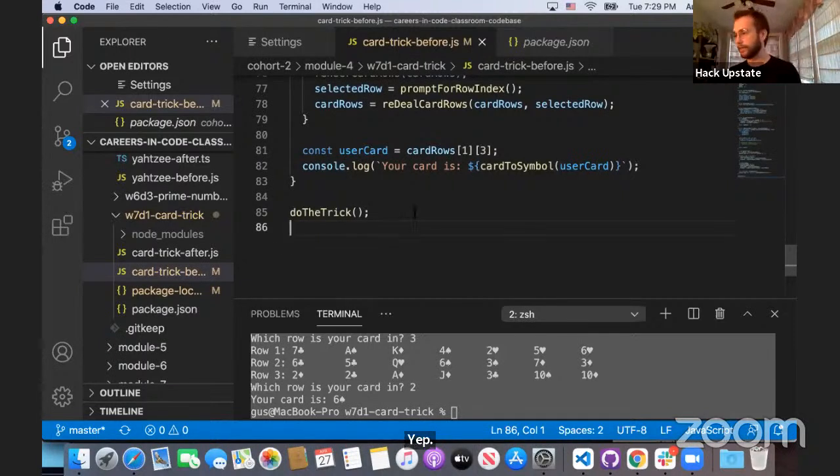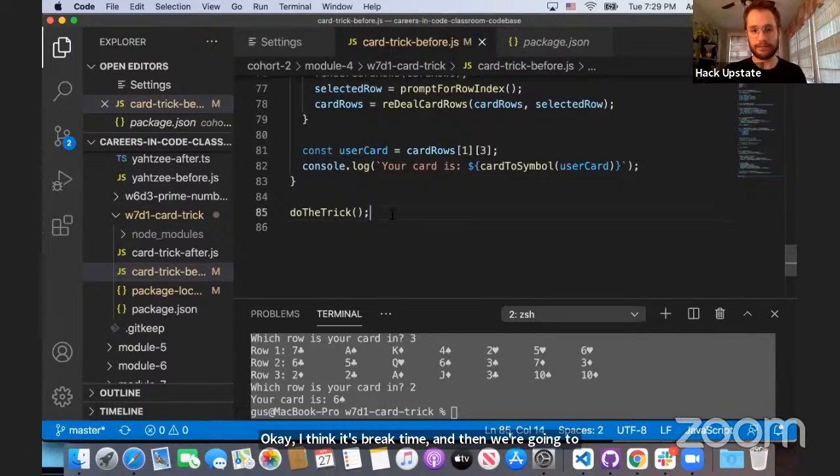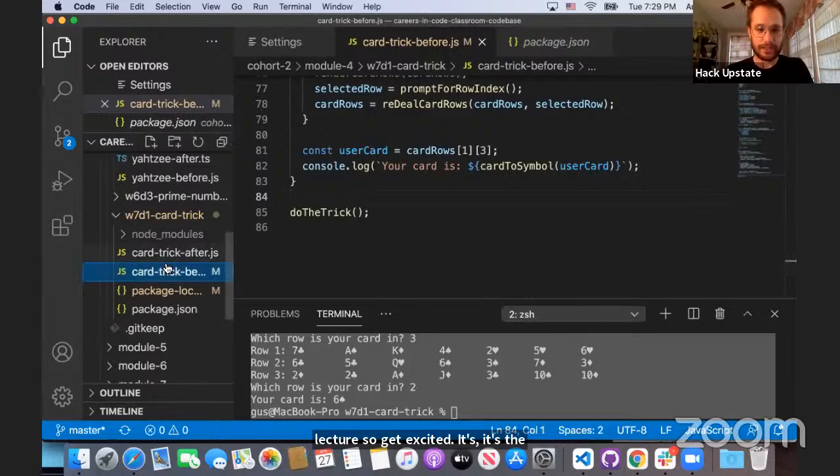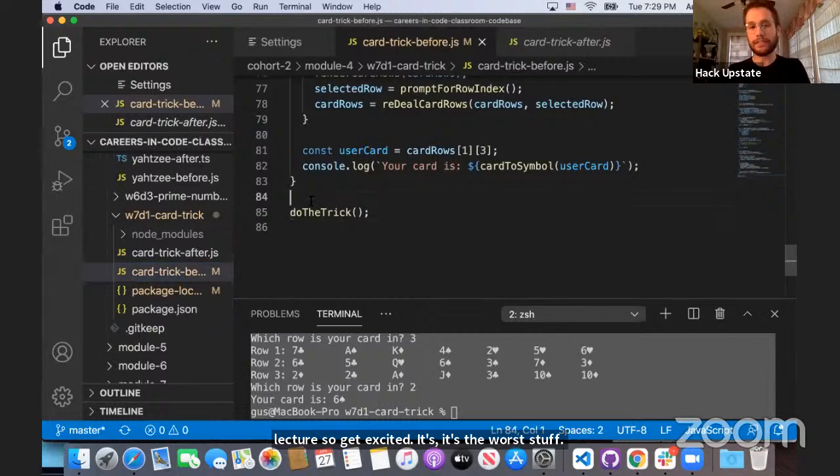Okay, I think it's break time and then we're gonna go into this lecture, which is my least favorite lecture. So get excited. It's the worst stuff. And the reason I don't like this stuff is because I never use it and I think it's silly and dumb and I have to explain it because it's part of JavaScript. So, you know,